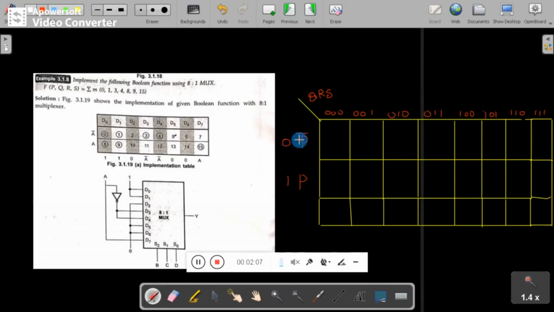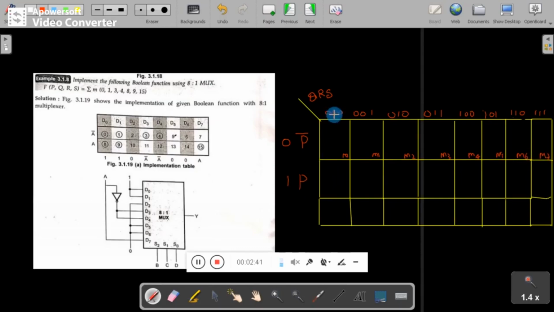I will take one variable vertically and the rest of the 3 variables horizontally on the top side. When you multiply 0 and this one, this becomes min term 0, this becomes min term 1, min term 2, min term 3, min term 4, min term 5, min term 6, min term 7.